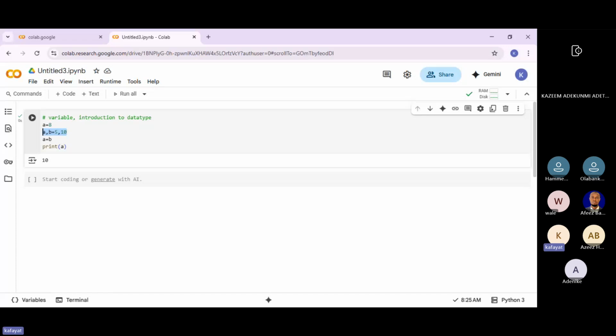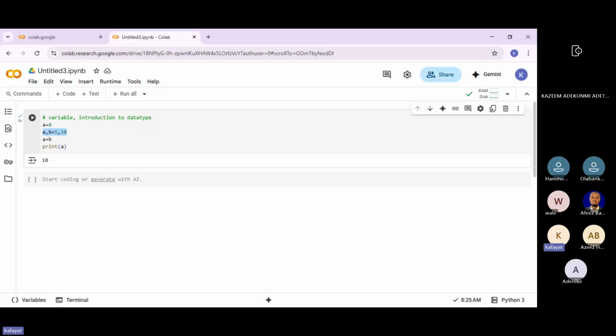We have different types of data type: numerical and categorical. Although in some aspects they will call it primitives, non-primitives, and so on, in basic level let's still stay with numerical and categorical.